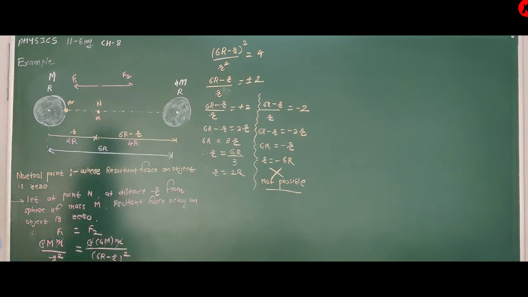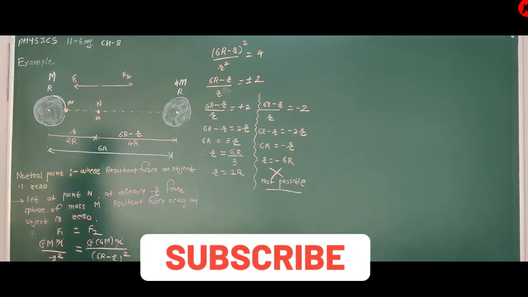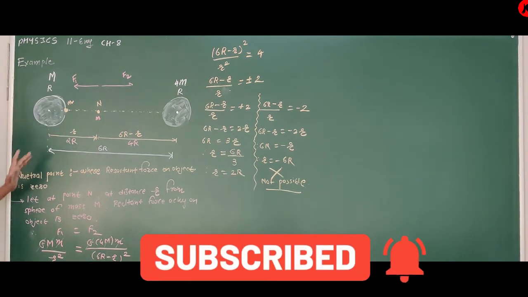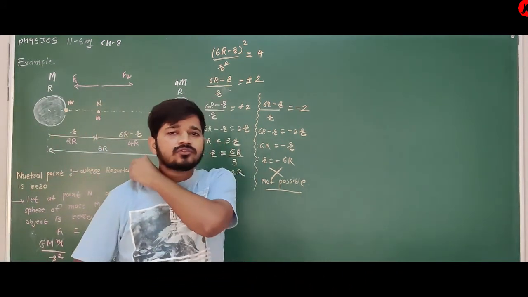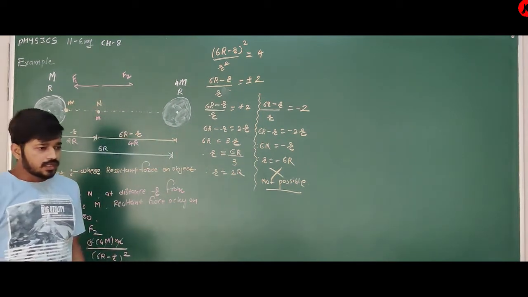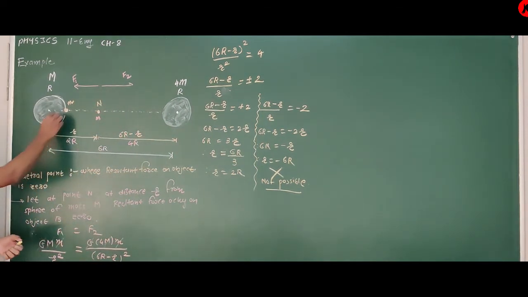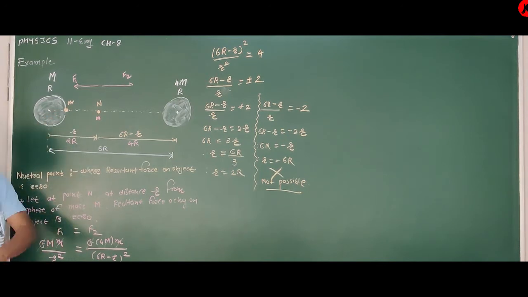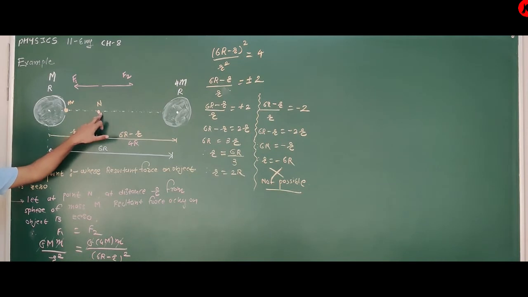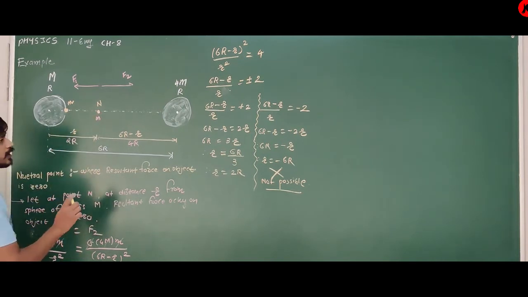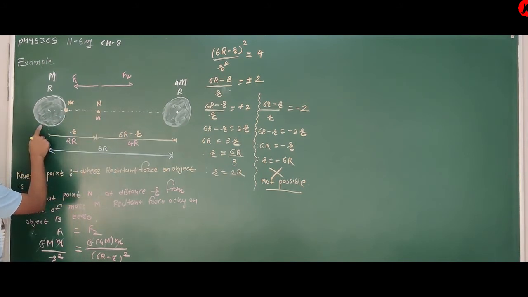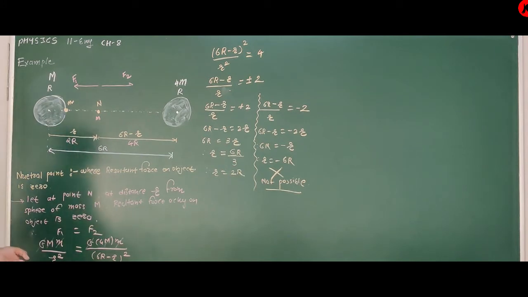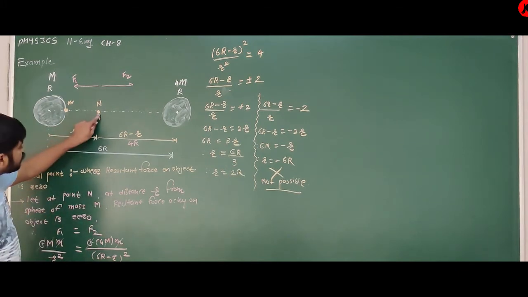Clear about this? So what actually have we done? First of all, you have to find the null point. Where is the null point? Null point means at that point gravitational force becomes 0. See, you are given two spheres. If you throw an object with such speed that it reaches this point, then at this point, as it is the neutral point, gravitational field due to this and due to this are equal but in opposite direction. After this point,